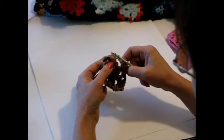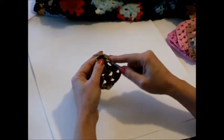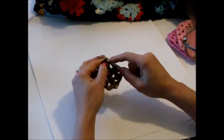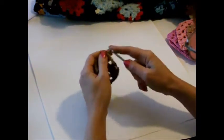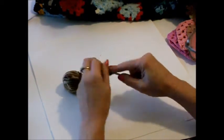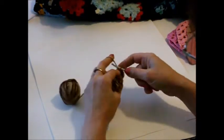Okay, so when you get to the end, you just go into the top of the first double crochet with your slip stitch and finish that round. Okay, so next round you want to join, do your slip stitch in the first 2 stitches, and then into the corner, chain 3 for the first double crochet, do your 2 double crochet for the first group, and I'm on a corner here, so I'm going to do chain 3, and then another group of 3 double crochet,